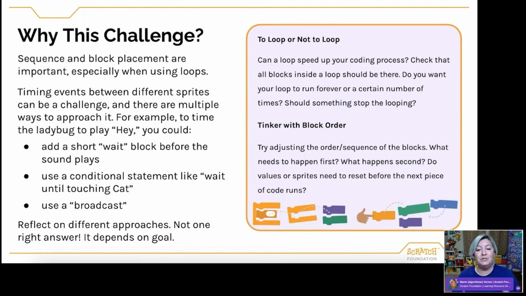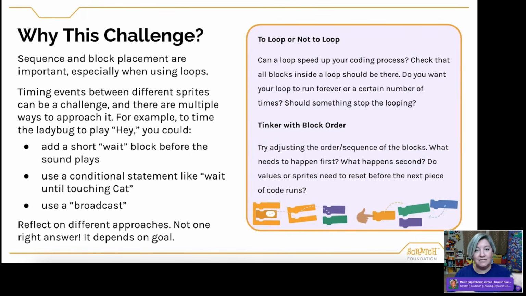You could also use a broadcast. So maybe when the cat's code has finished running, you could have it broadcast a message that the ladybug then receives, and then it plays the sound. So there are 3 different solutions to deal with this one issue, and they are all valid and they all have great use cases. Some of them may not work, right? My conditional statement won't work if the cat and the bug never touch.